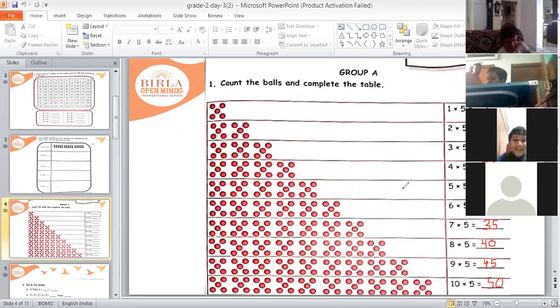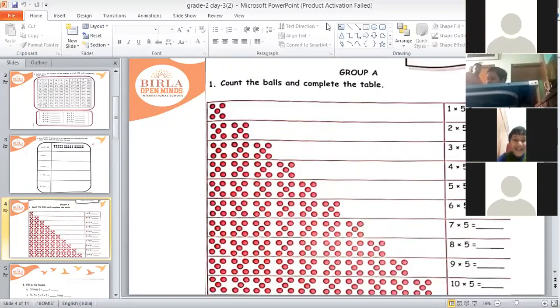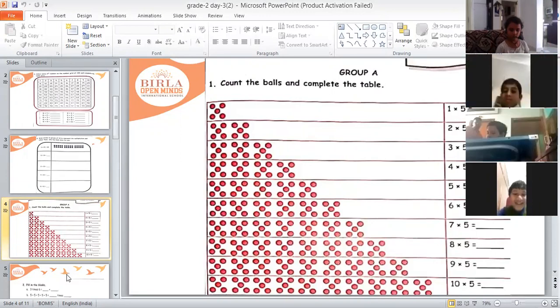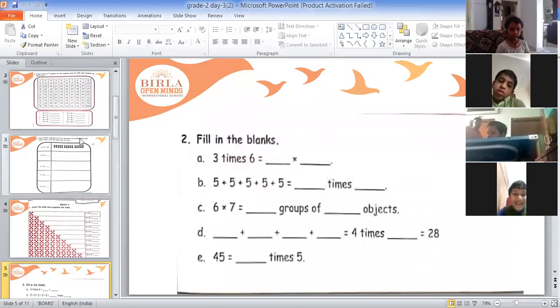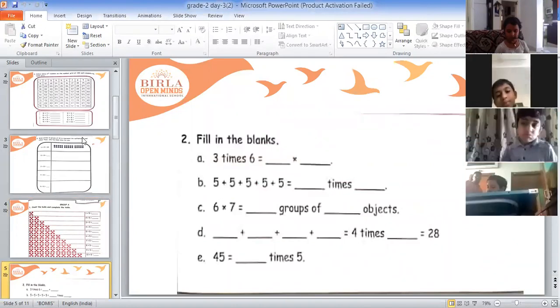Okay. So children, see, this is not your live class. I mean, this is obviously a live class, but we are not in a classroom. So I cannot make you all repeat after me in front of me. That's why I'm asking you all to keep your cameras on, but still most of you are not keeping your cameras on. The cameras are off. And you have to learn these tables, okay? Daily you have to learn and write tables, and I'll take an oral test of tables. I'll tell you on which day.